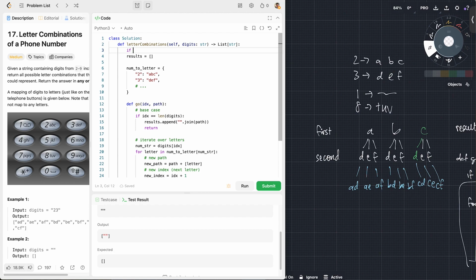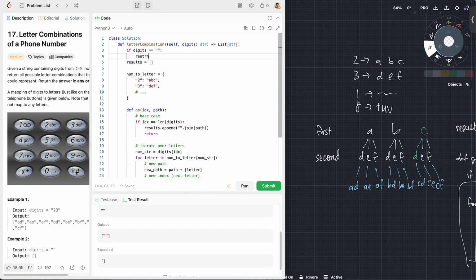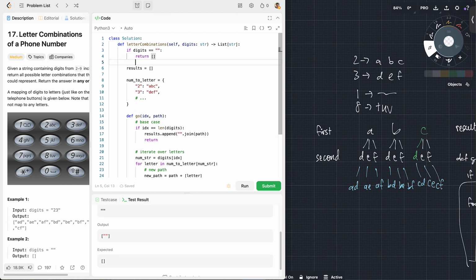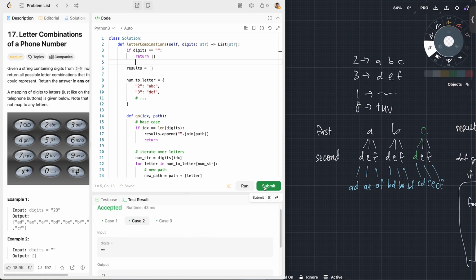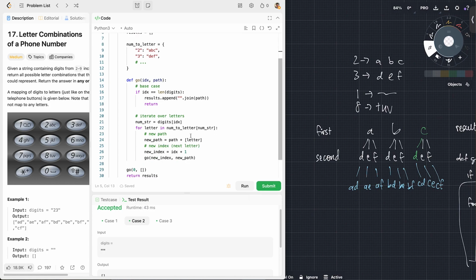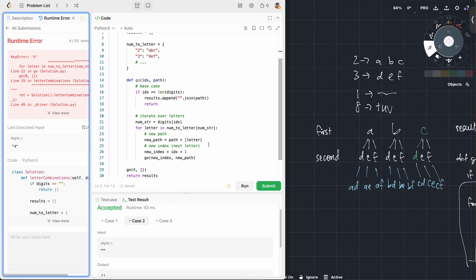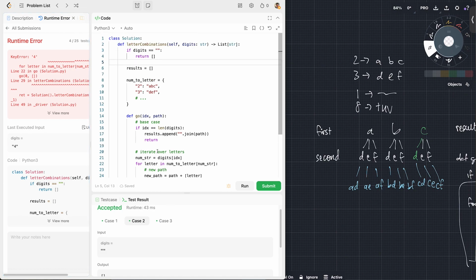So if digits is an empty string, just return an empty array. And let's submit this and see if we got, okay, so we didn't fully complete it because